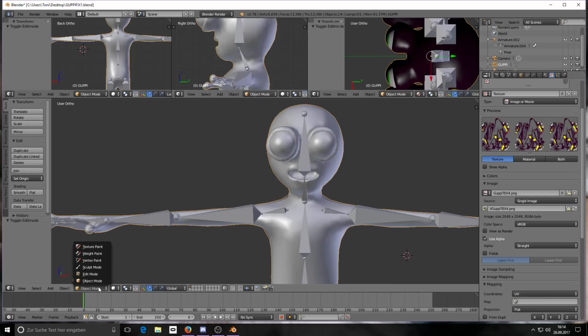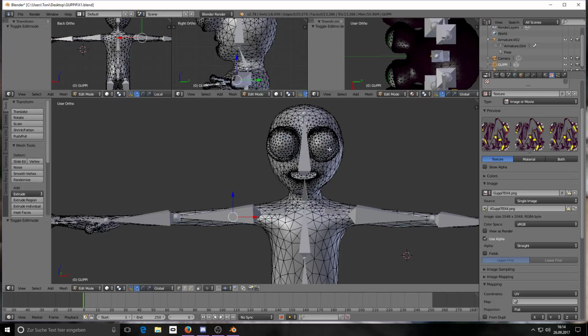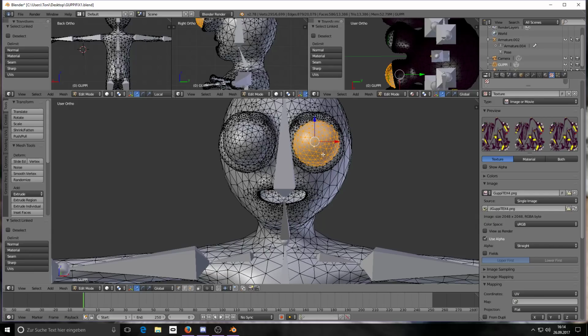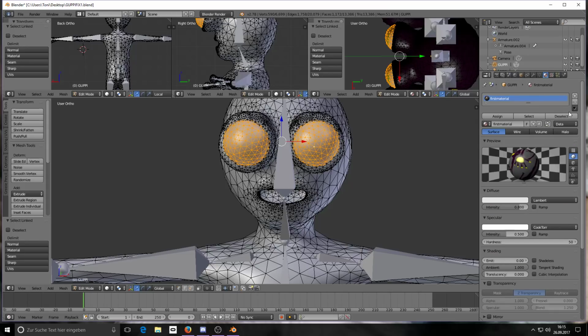I can do this. So I go to edit mode, and in this case I select the eye, press the L key, and because the eyes, like we made them, are separate, the whole eye is selected, and I press L again, hovering over the other one. Now I have both eyes selected, and what I'm going to do now is go back to the material, press